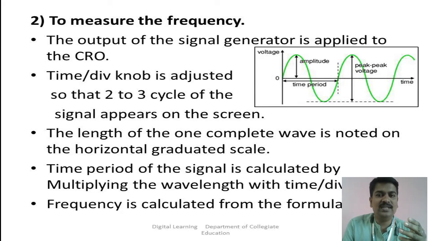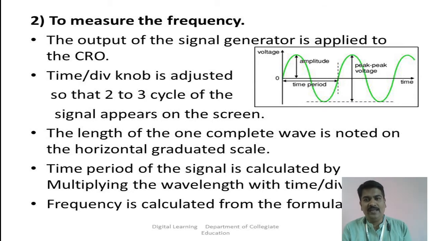You can see 2 or 3 waveforms on the screen. So adjust the time per division knob such that 2 or 3 cycles of the signal appear on the monitor. After getting these waveforms on the monitor, the length of one complete wave has to be noted